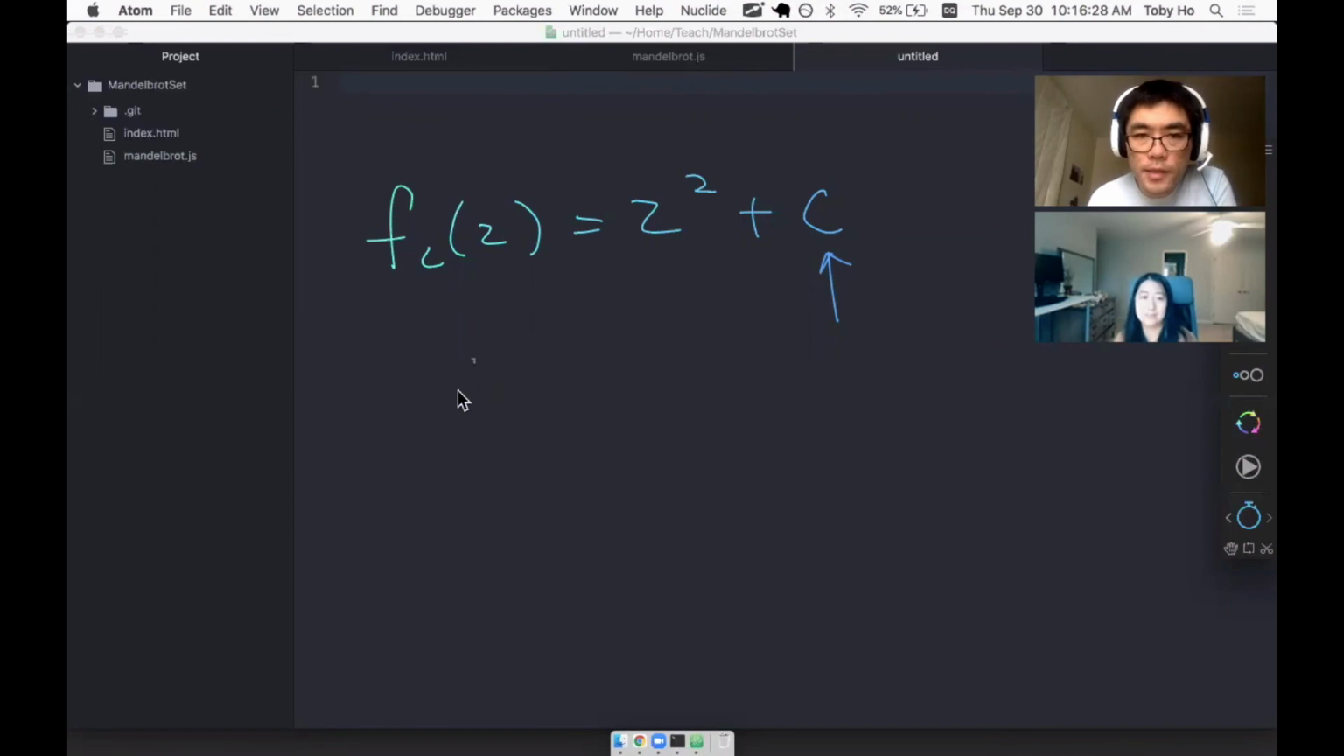Say C is 1, and it has no imaginary part because we're just keeping it simple for now. This is Z, not to be confused with 2. Z0 is always 0. So we start calculating this formula with Z equal to 0. So 0 squared is 0, plus C, which is 1, is going to be 1. F of 1, because C is 1, F of 1 of 0